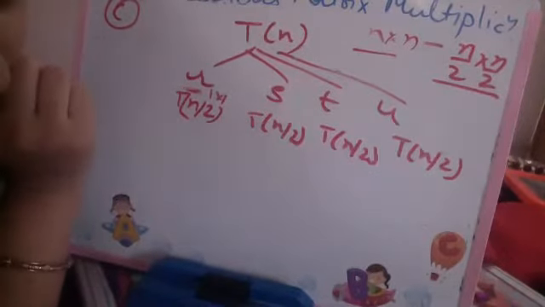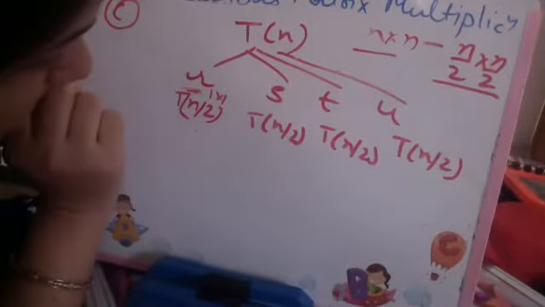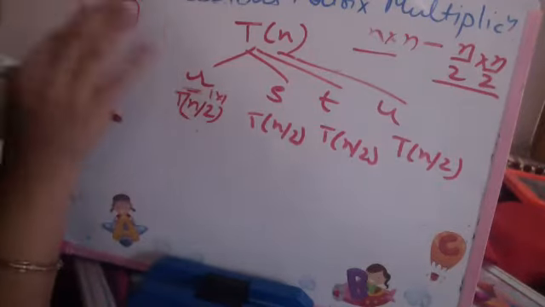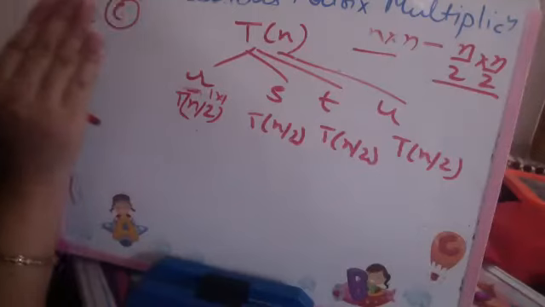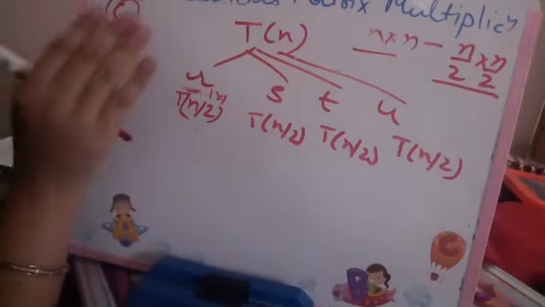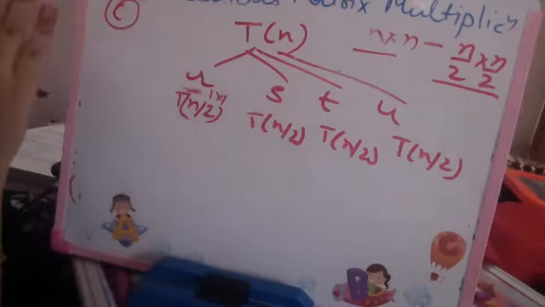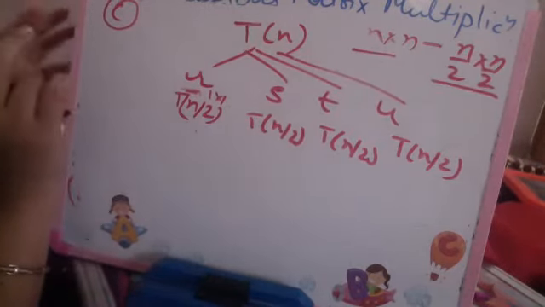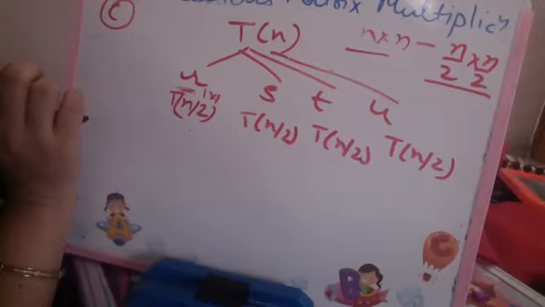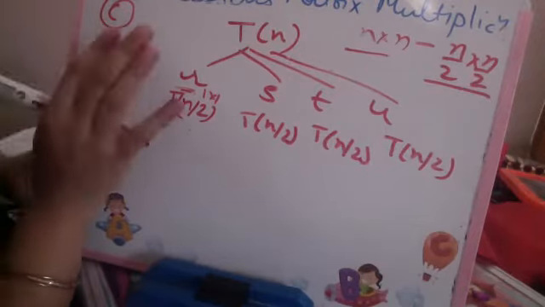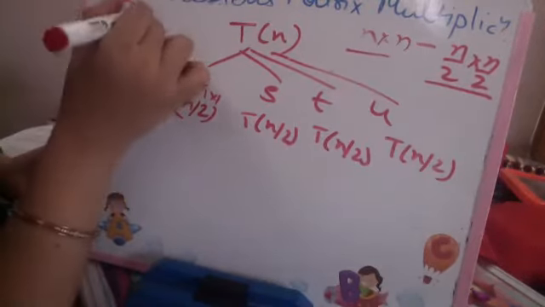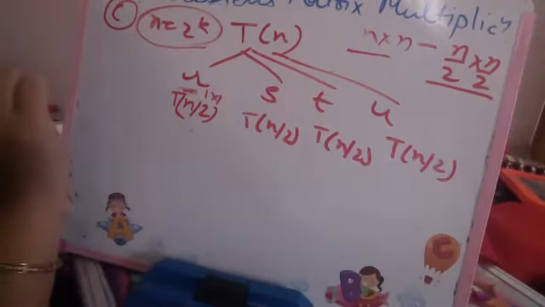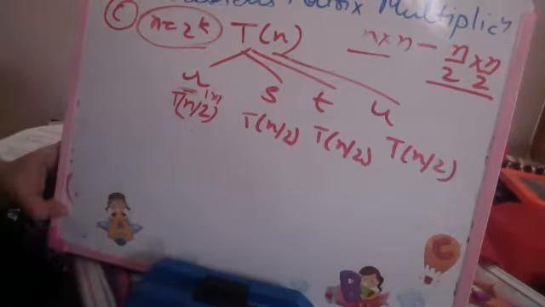Ma'am, this is for square matrix only, na? We are talking Strassen's matrix multiplication is for square matrices. We are not talking about general matrix multiplication here. Specific. अभी हम matrix multiplication से Strassen's algorithm I have not told. I have only told what do you mean by general matrix multiplication. And we are talking only about n cross n square matrix where n is assumed to be a power of 2 only. This is also a condition. Fine.